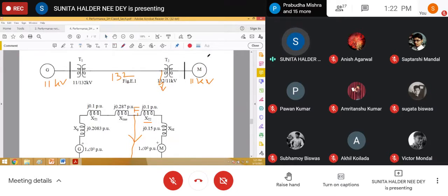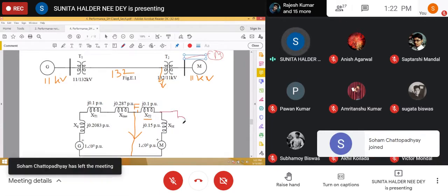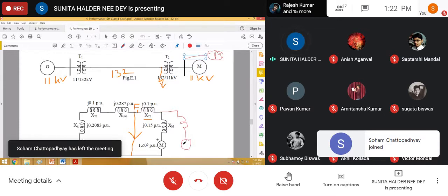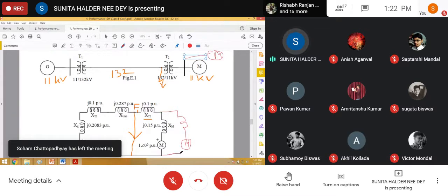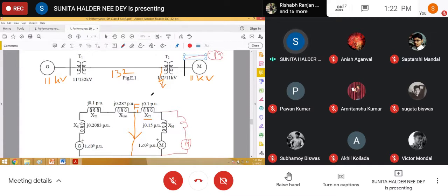There may be another motor here like this, right? So in that case, obviously in your equivalent circuit, there will be another motor, nothing more than that. Understood? So if you can draw the reactance diagram, you can draw for anything. There may be a parallel line for the same transformer. Then this parallel line will come here. Can you follow me?